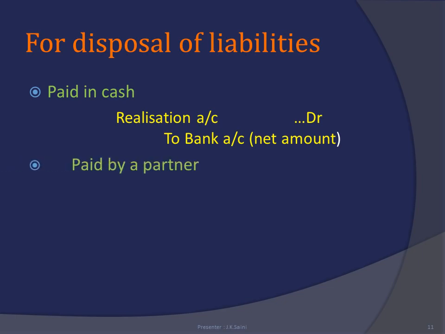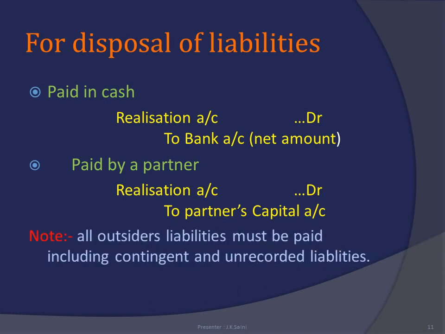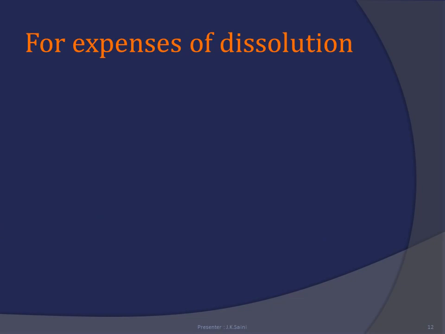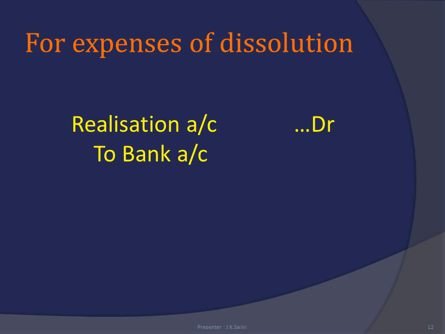And if a liability is paid by a partner, realization account debited to partner's capital account. Note that all outsider liabilities must be paid, including contingent and unrecorded liabilities. Contingent and unrecorded liabilities are those liabilities which are not there in the balance sheet, but at the time of dissolution, these are required to be paid. For expenses of dissolution, realization account debit to bank,